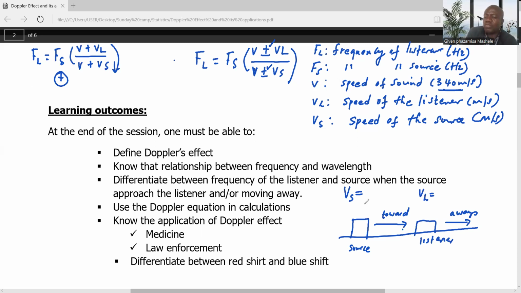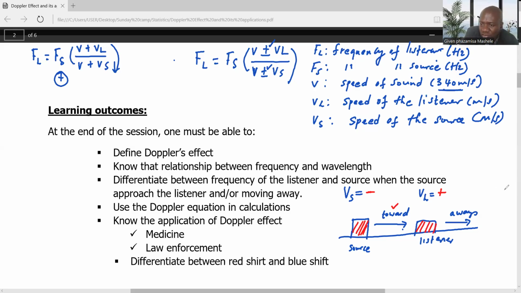When the source is approaching the listener, always, if you want to use a plus formula, the velocity of the source should be negative, and the velocity of the listener should be positive. But immediately when the source moves away,